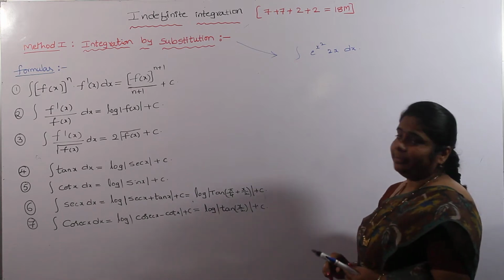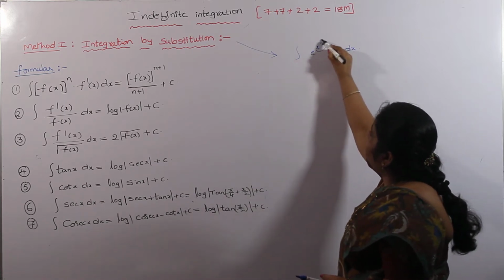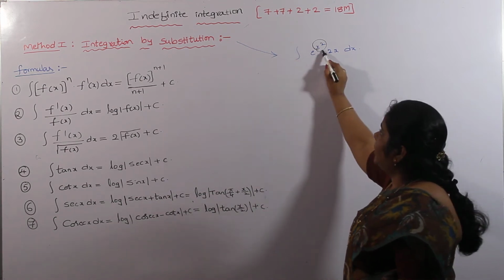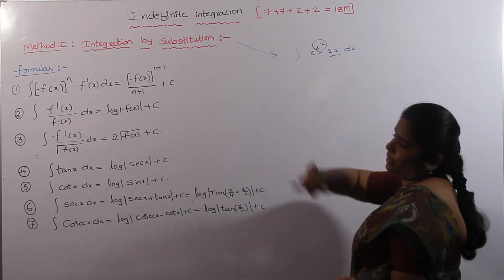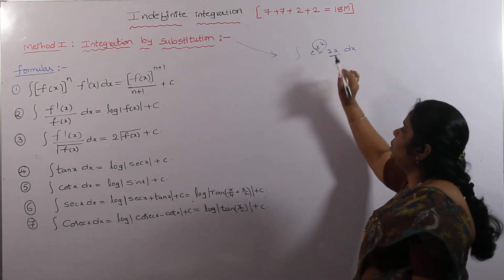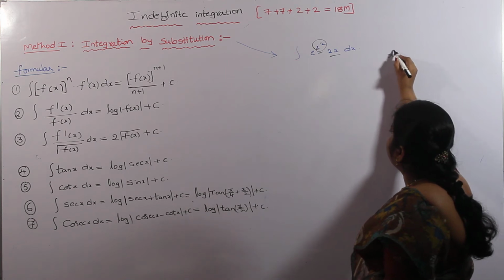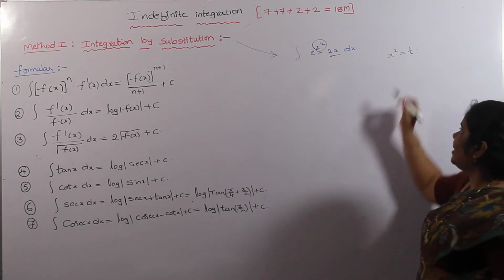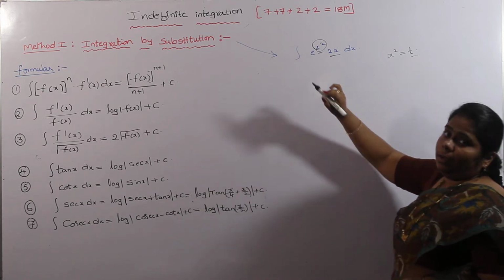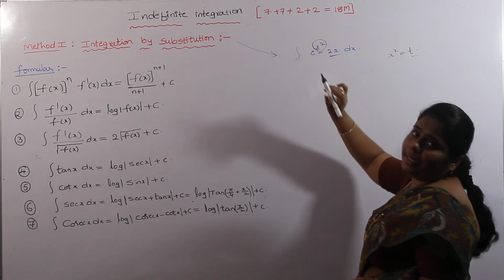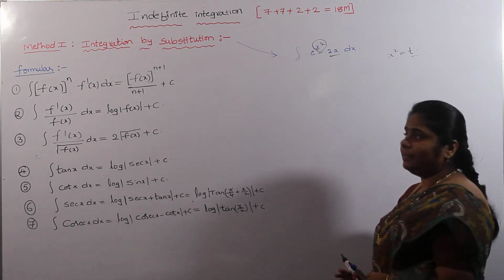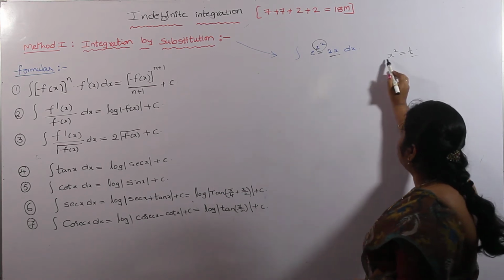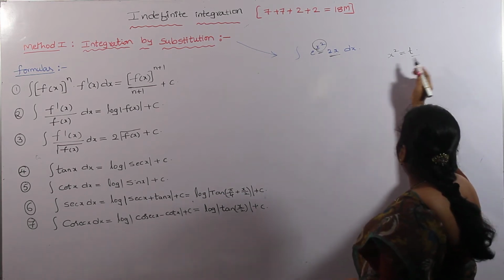I am giving a hint for this. What we have the differentiation, that is take it as t. Here x square differentiation is 2x. So we take x square is t. That is most important. Something we substitute here in these problems. What we have the differentiation, that is take it as t. That is most important for this substitution model. X square differentiation is 2x, so we take x square is equal to t.